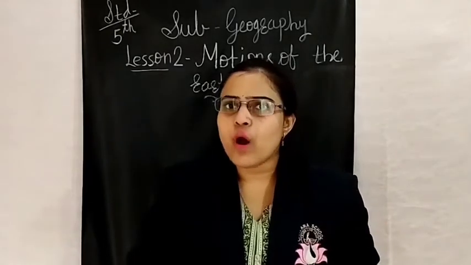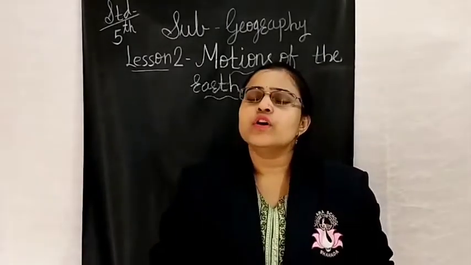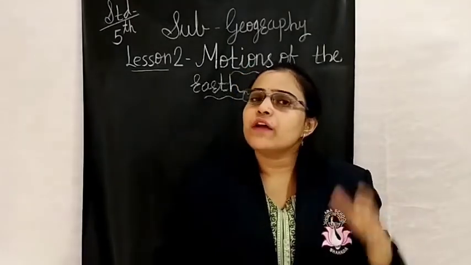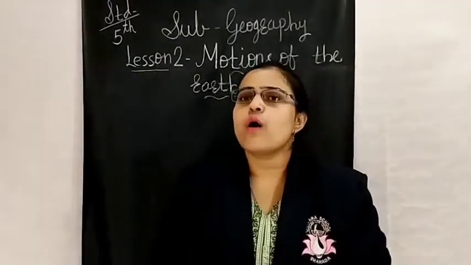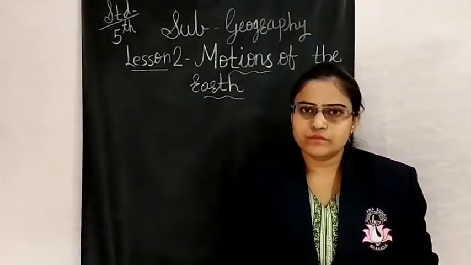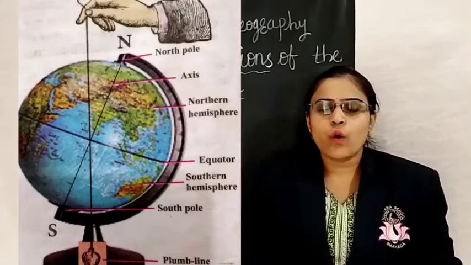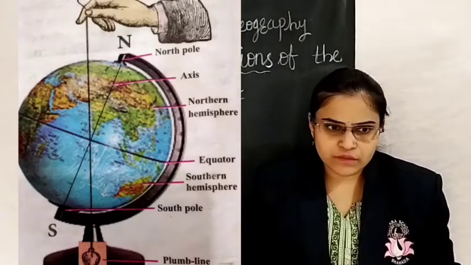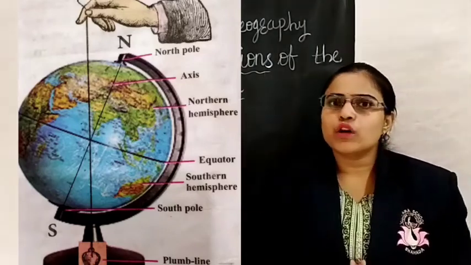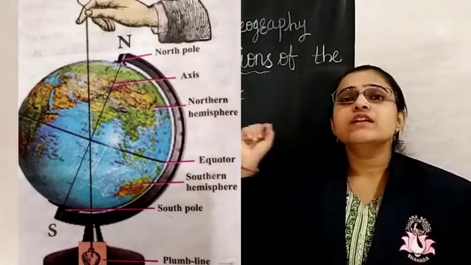Now this is about the top. Students, if you remember in the 3rd standard science book, it says the earth rotates like a top. That's why we took the example of a top. One activity we have to do: take a globe, as I am showing in this picture, and spin it. Now just see the line around which it spins.